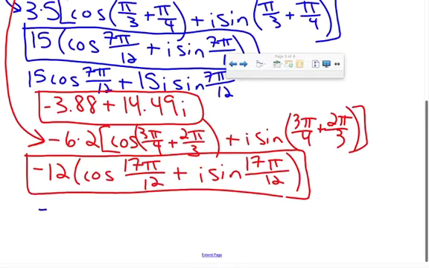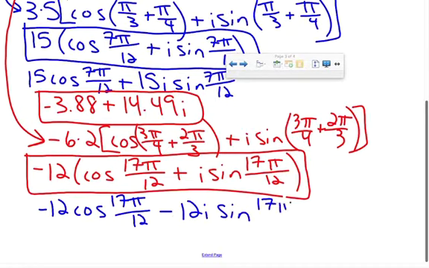That gives me, in my next step, negative 12 times the cosine of 17 pi over 12 minus 12I times the sine of 17 pi over 12. From here, in my calculator, I am taking 17 times pi divided by 12, taking the cosine of that, multiplying it by negative 12, I get 3.11